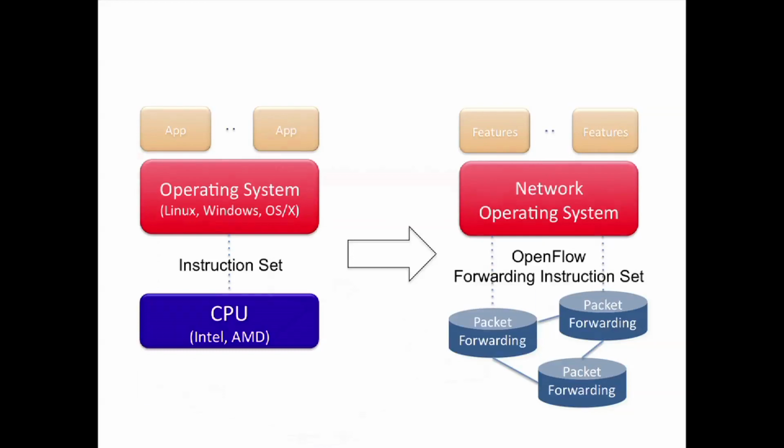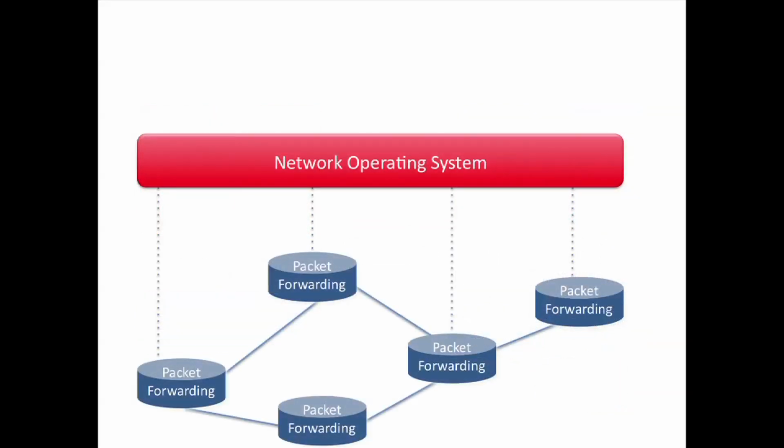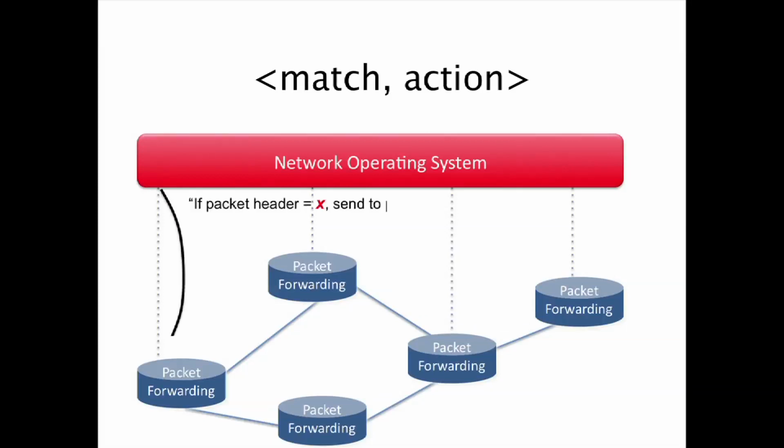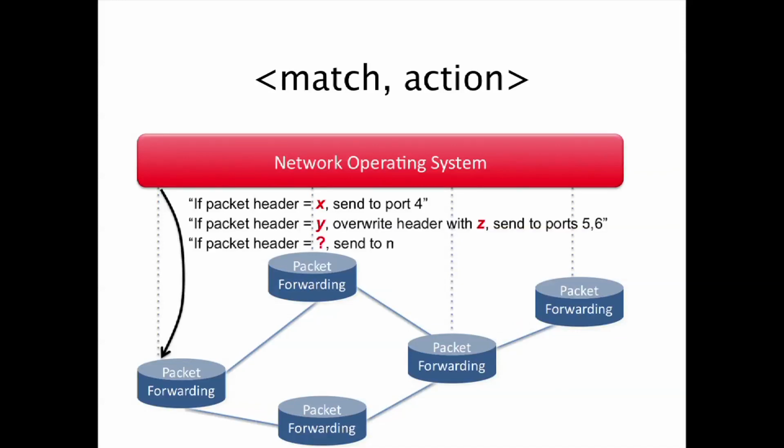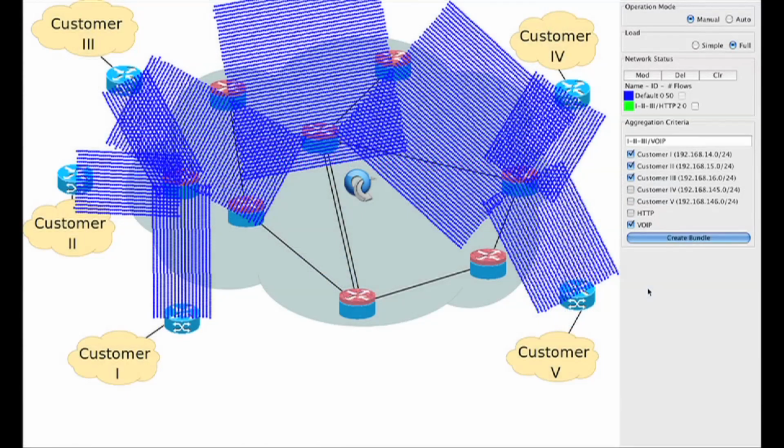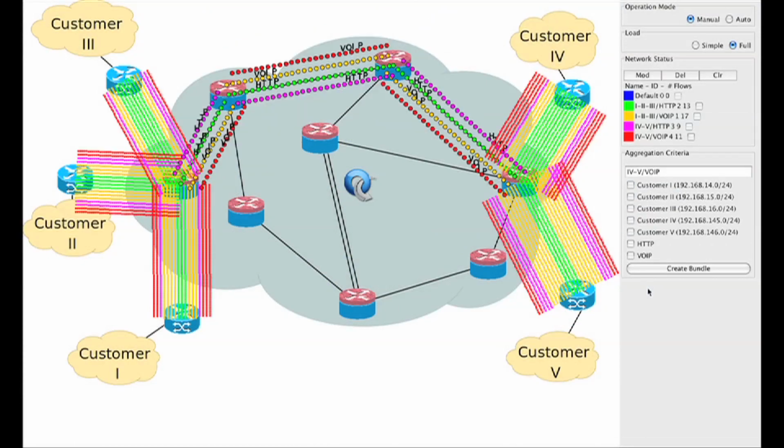More precisely, OpenFlow allows us to define a table of match action pairs in each switch. If an arriving packet matches a flow entry, then a set of actions is applied to it. OpenFlow networks are backwardly compatible with existing networks because they allow us to express current Layer 2 and Layer 3 forwarding. But because OpenFlow provides a much more general abstraction of forwarding, we can use it to express new ways